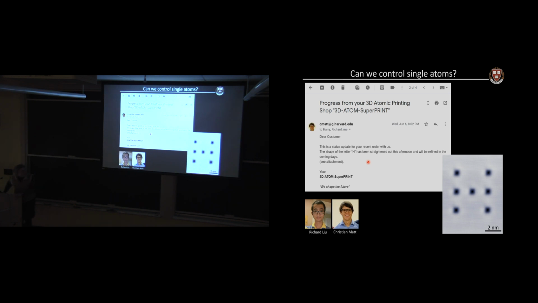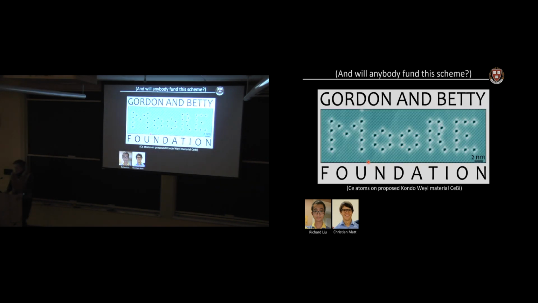My students sent me this email last spring. They figured out how to manipulate atoms on topological materials. So one of the fun things that we're trying to do now is manipulate magnetic atoms on the surface and create scattering sites. So now we should be able to channel topological surface states by putting up rows of magnetic atoms to keep those surface states scattering off of the edges but moving along in a channel. We're hoping that this will get us some funding. We tried hard to impress the folks over in California.